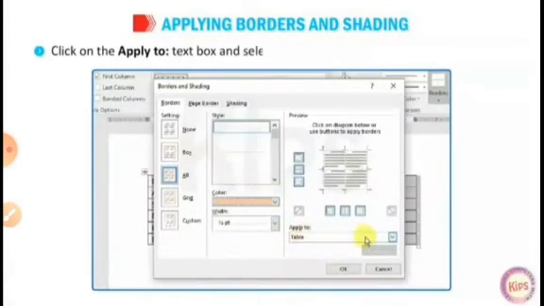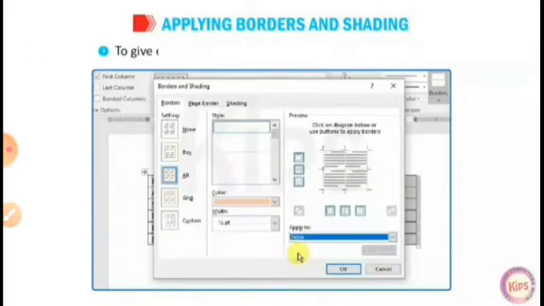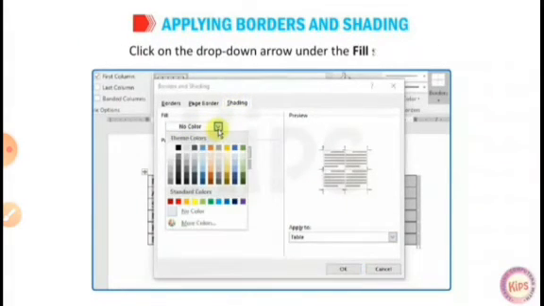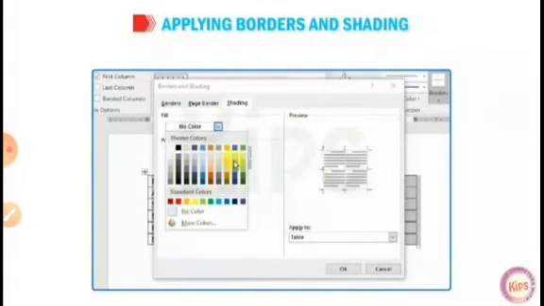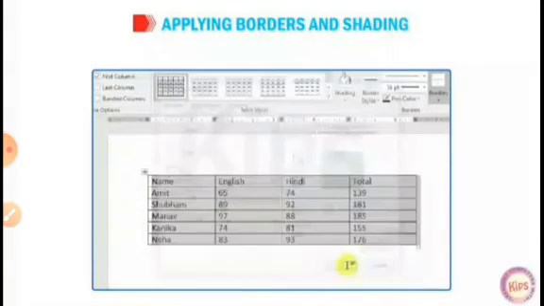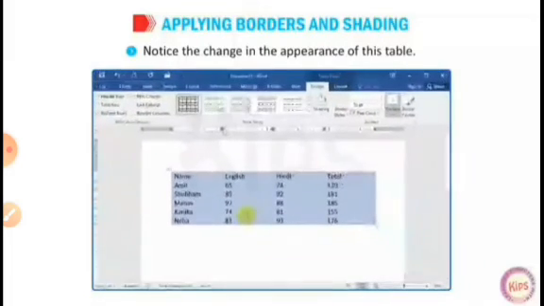Click on the Apply to box and select the Table option to give the color effect to the table. Click on the Shading tab and click on the drop-down arrow under the Fill section. The color palette is displayed. Choose any shade. Click OK. Notice the change in the appearance of the table.